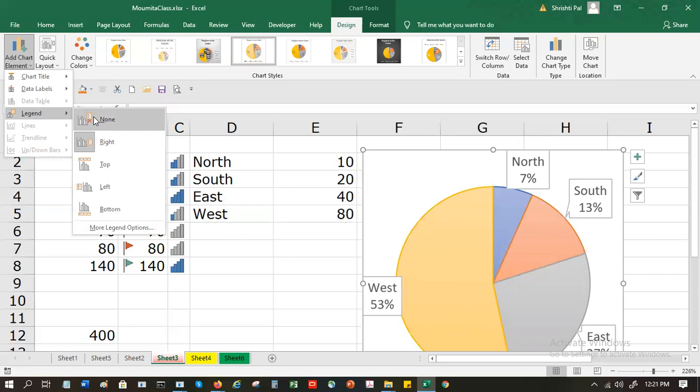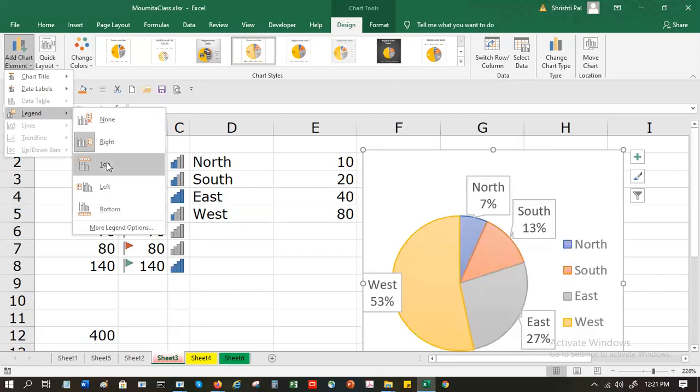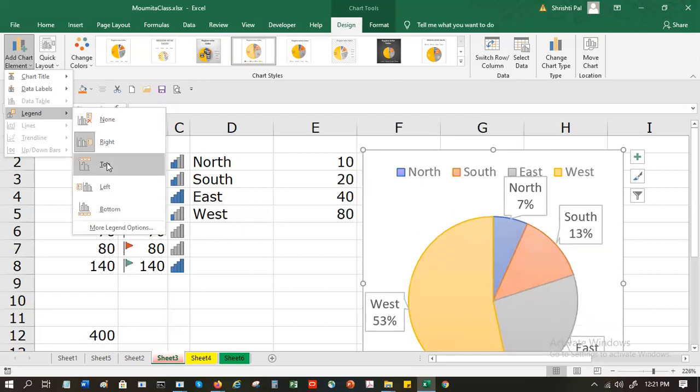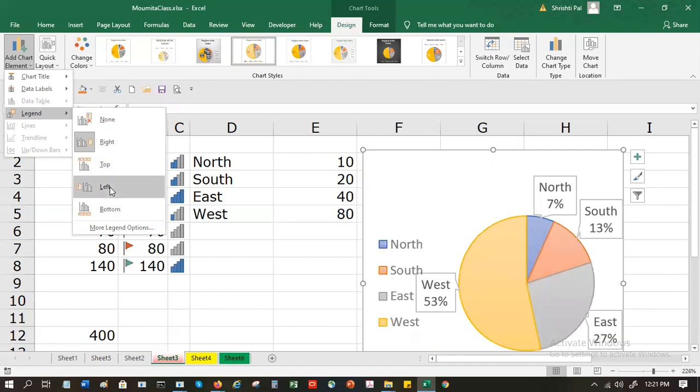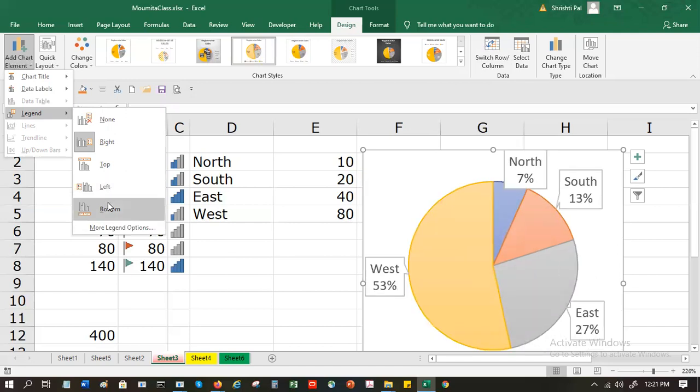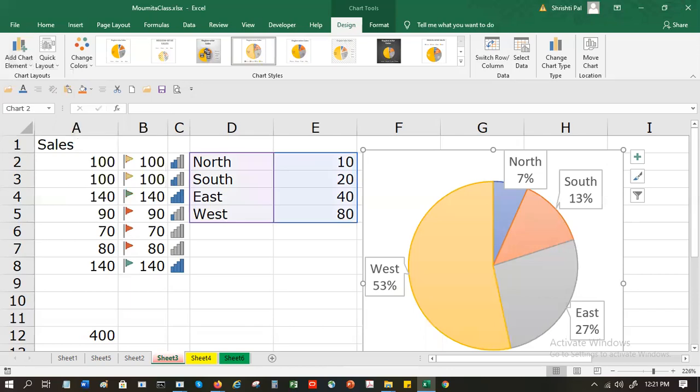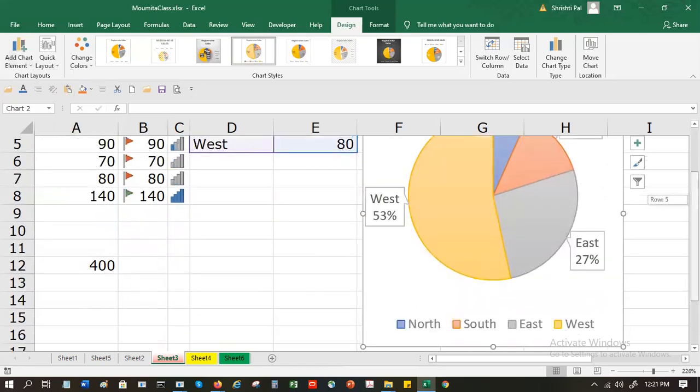You will say, let me still give it just in case, you want to make it foolproof. So what you can do is, maybe you want it at the top. There's some space at the top, you think it might be better. You want to put it on the top or on the left or at the bottom. If you put it at the bottom, it shows at the bottom.